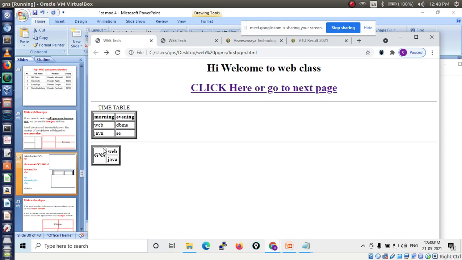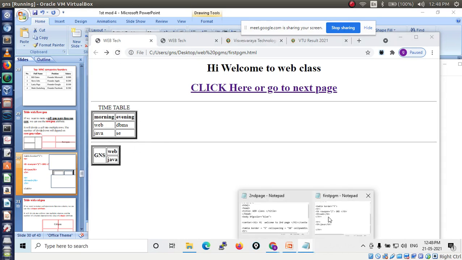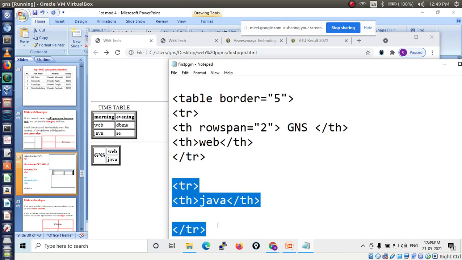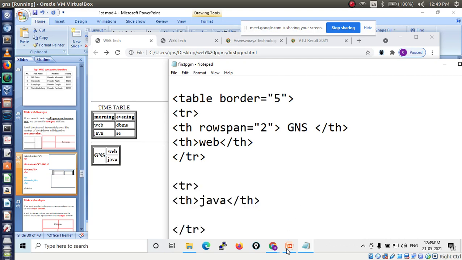See, now it is displayed properly, because the double quotes had changed, that's why it was not shown properly. So for GNS the total row span is 2, so I have given the value 2, then GNS is the first value, then Web is in the second column, and Java I have displayed in the second row, right? So this Java is responsible for the second row.